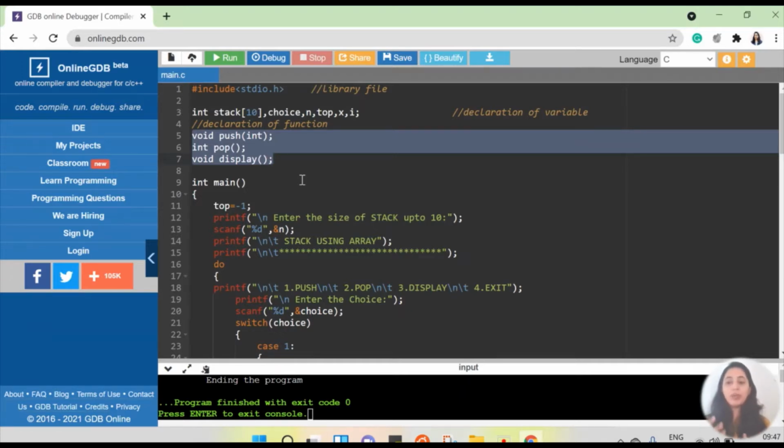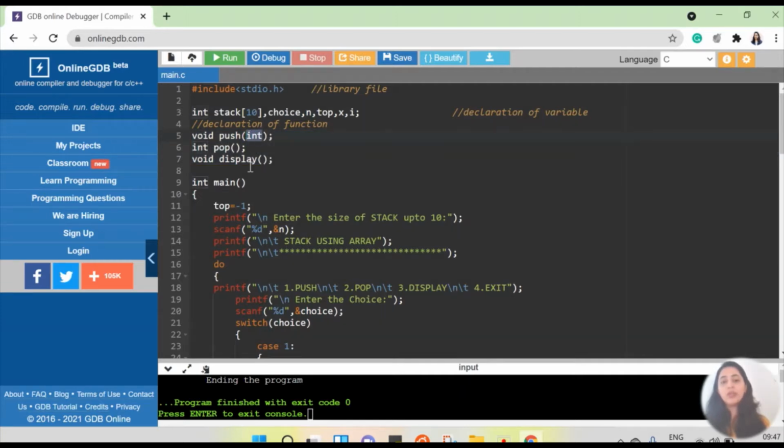If you want to learn more about push and pop and the different operations of a stack, you can go and check my video on the same. Okay, so now let us go ahead. In the function declaration of push, we are sending a value to the stack as an input, and then the stack has to push or insert that element on top of the stack. So the input to the function is an integer variable. The output of the push function is nothing. That's why I have written void there. Whenever I'm not returning anything, I write void.